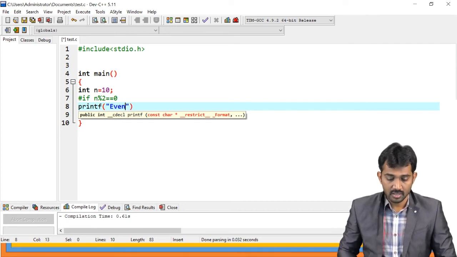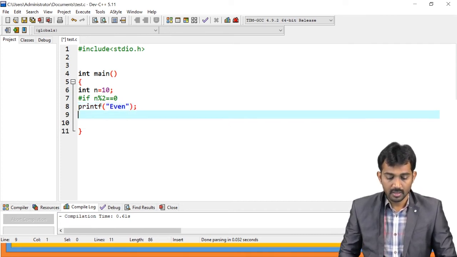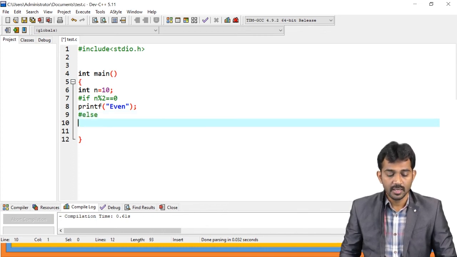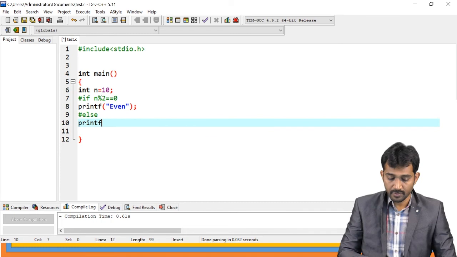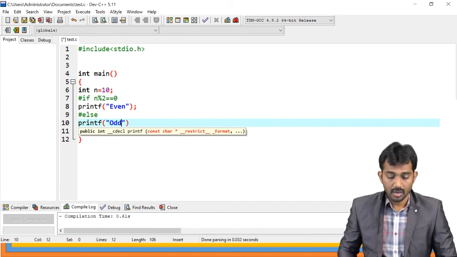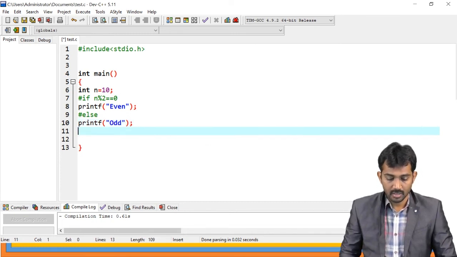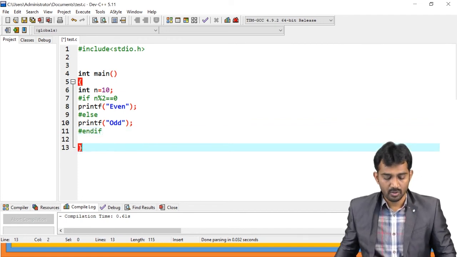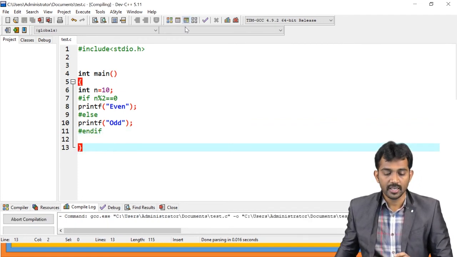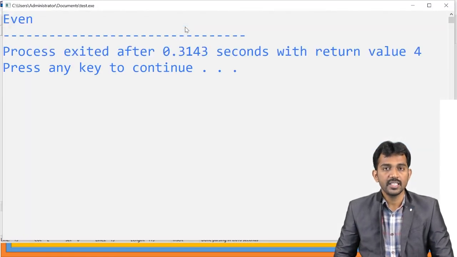So #endif, right? Otherwise, #else printf odd, right? #endif. Now, if you run this code, observe clearly, it is even, right?